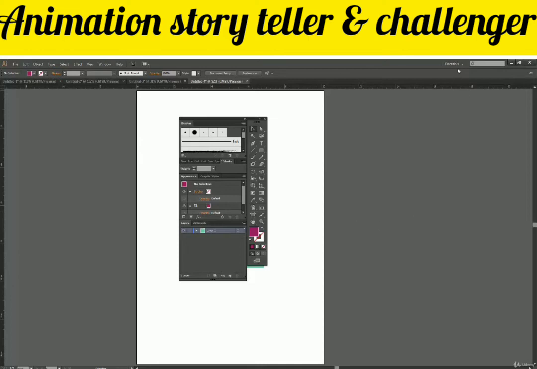First of all, we should know that this button over here, Essentials, changes my workspace. Talking about workspace, this entire thing, the way it is arranged, is called workspace. The way your panels are arranged, your toolbar is arranged, what changes you can make inside, or the way your canvas is looking, all this is called workspace. And interface is like user interface, you can say, the way it interacts with the user.